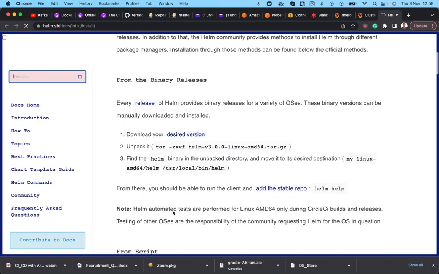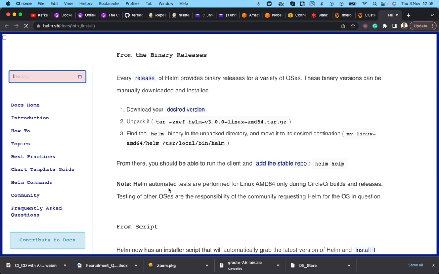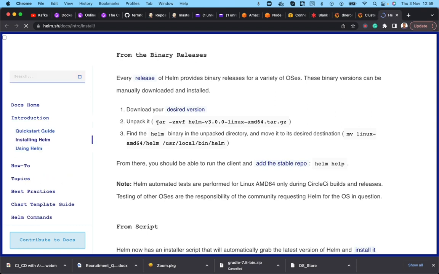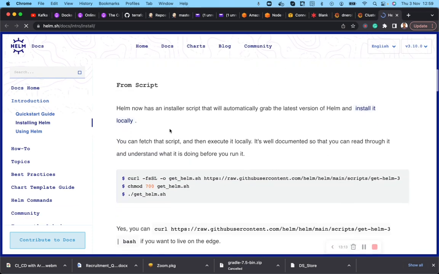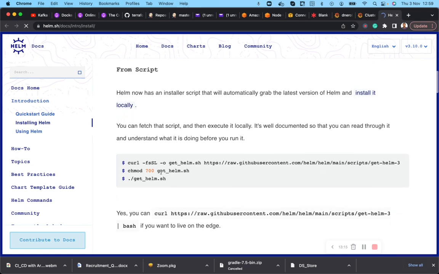Okay, just straightforward. So let's use this. Download the desired version, unpack it. Let me see what I've used. So if you're using scripts,